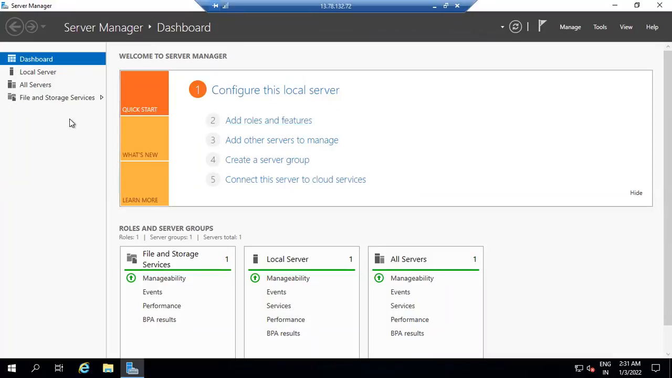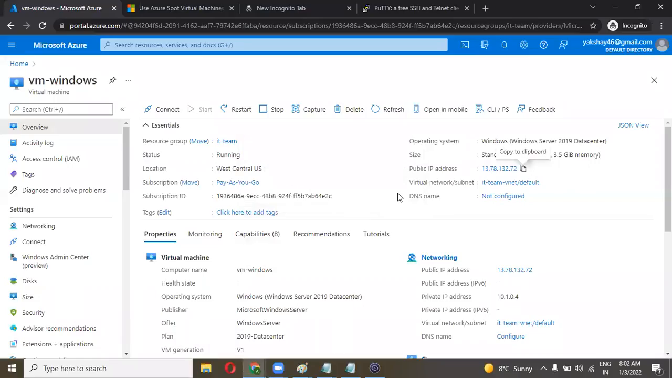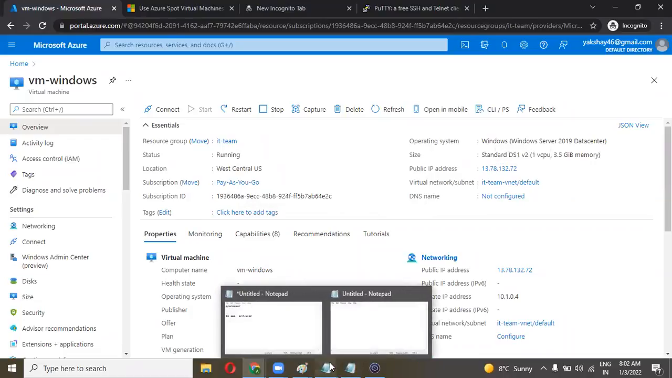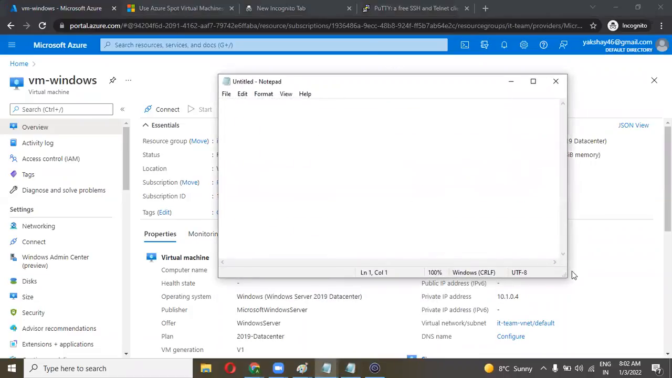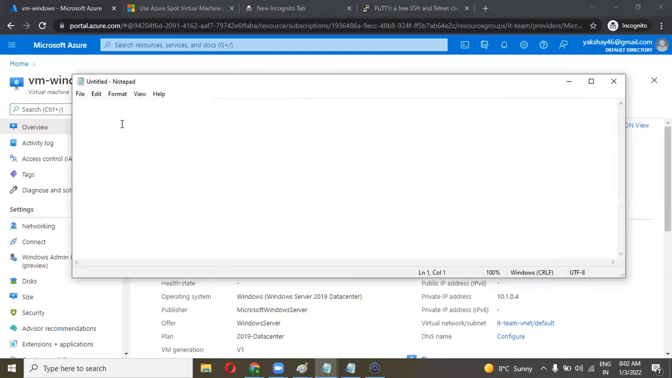Like I want to create an Internet Information Services server here. So I'm going to use a custom script extension. First, we need to write a script over here. Let's disconnect this and write a file for us. It is the same as your PowerShell. You can run the PowerShell command over here. So the file is, I'm writing here,